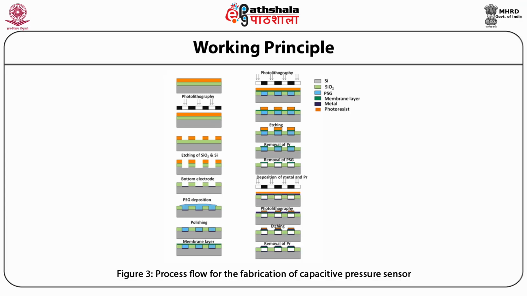So the gray color corresponds to silicon substrate, green portion corresponds to silicon dioxide layer over silicon, blue color corresponds to PSG, dark green color corresponds to membrane layer, dark blue color corresponds to metal, and orange color corresponds to the photoresist. So students, you can see on the left hand side of the diagram that first the SiO2 coated